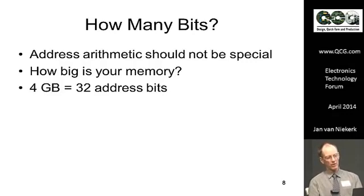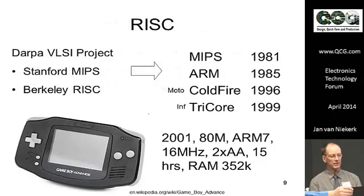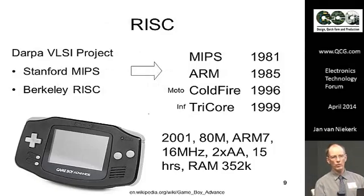Now, the other question is CISC or RISC, complex instruction set computers or reduced instruction set computers. In the late 1980s, DARPA launched a project to get some academic research done to find out how we can make better controllers. And actually, Stanford and, just 40 miles away, Berkeley, two California universities, came up with two very similar conclusions, where they said this new concept of a reduced instruction set computer,